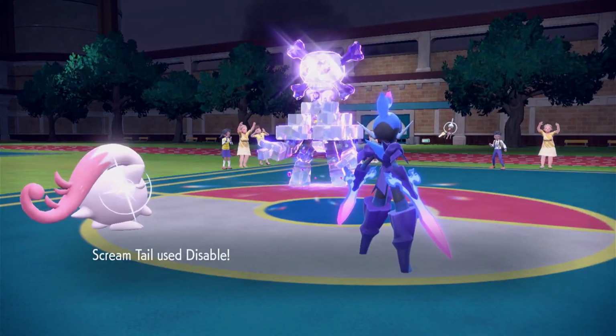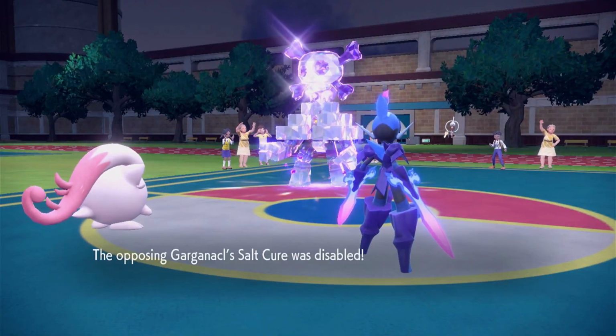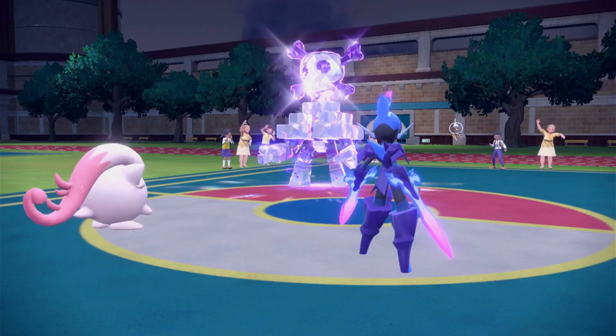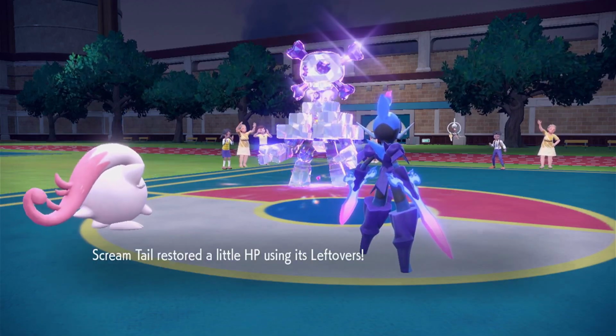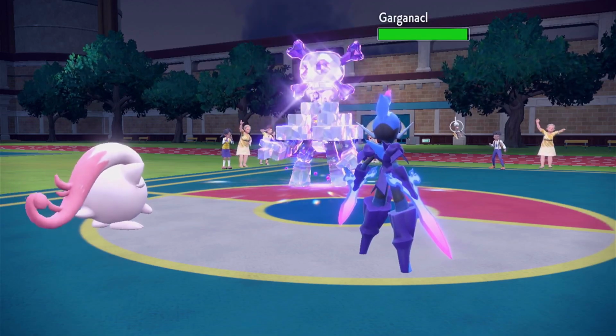But we do get that disable off on the Garganacl, and you can just see the power of the Screamtail set here. Like, look at it, it just can't move. He's stuck here. He might as well be a rock. Be a pebble. He's doing the same thing. Yeah, we recover a little bit with Leftovers, but we're going to be taking a little bit more from the Salt Cure. That's fine,